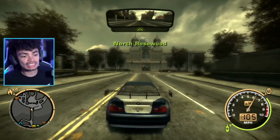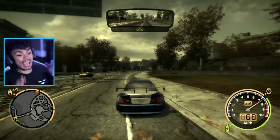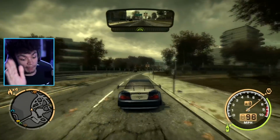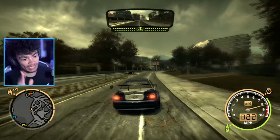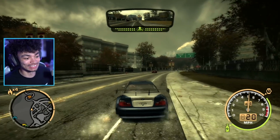I would like to remind you, this is the player's M3 GTR and not Razor's, okay? Anyone that says this is Razor's M3 in the comments, you will be instantly banned. I'm kidding. You won't. But the problem I found with recording a lot of the footage is there were cops